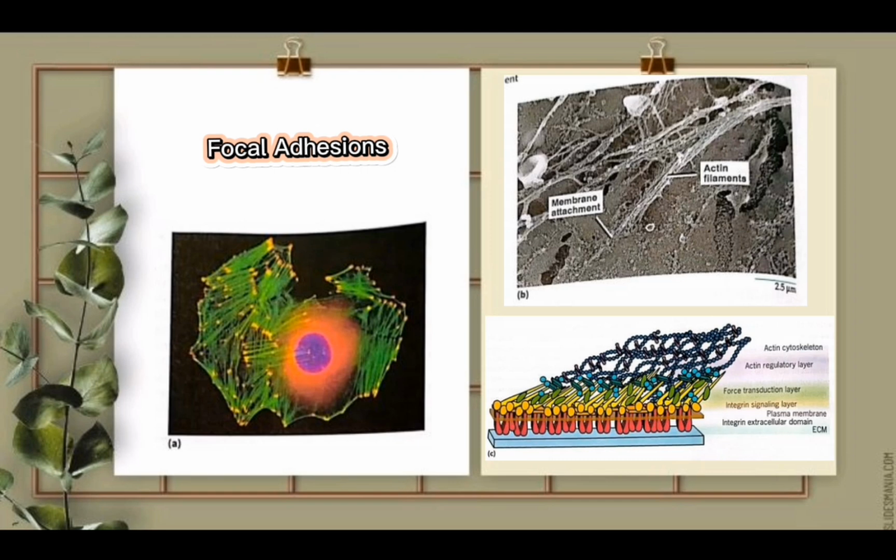So during the process of focal adhesion formation, talin undergoes a conformational change that exposes binding sites on talin's rod domain. The binding of vinculin, which is the light green, to these exposed sites promotes the assembly of additional actin filaments. The cytoplasmic domains of integrins are also associated with protein kinases such as FAK, which is focal adhesion kinase, shown in orange, and of course